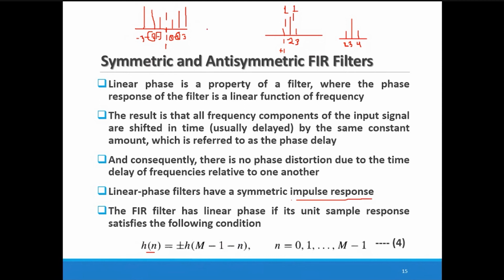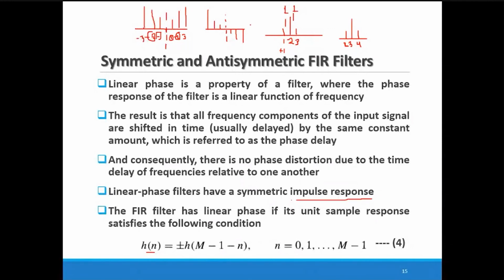It means they are linear phase. If they are not linear phase, these 3 components are there, again I'm drawing the same 3 components, and this is again the line of symmetry. But as they are not following the symmetric characteristic, you get anti-symmetry. Anti-symmetry means these 3 components do not have the same value. Either you get 1 in the negative direction, 2 in the negative direction, and 3 in the negative direction, the same components but in the opposite direction. Whatever positive values there were now become negative values.